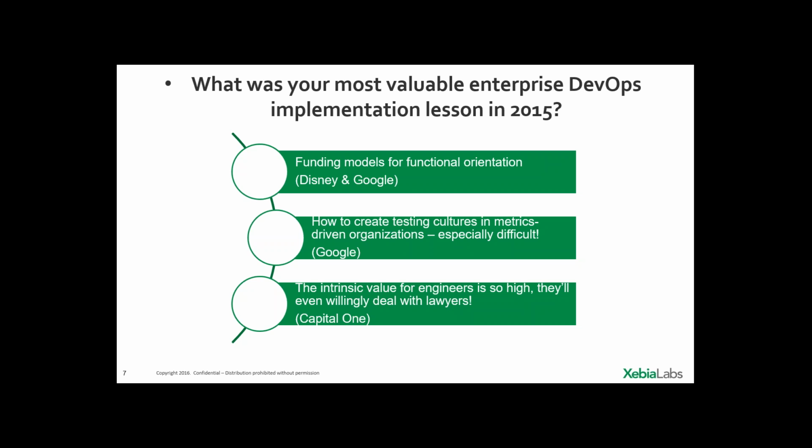And what I just learned very recently from Tom Limoncelli is that Google also retains a functional orientation. In other words, they don't really have ops people living in the dev teams. The 1,000 site reliability engineers at Google all report to a VP of SREs. So there's 1,000 people in that organization, and just like Disney, all of the budget for the SREs are coming